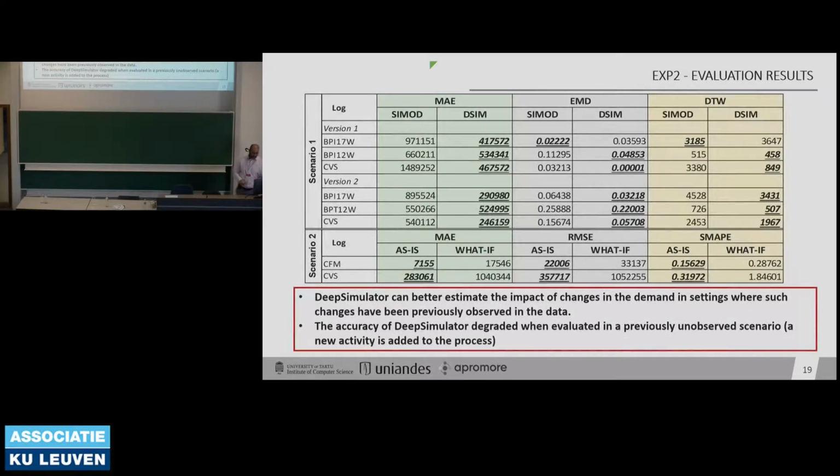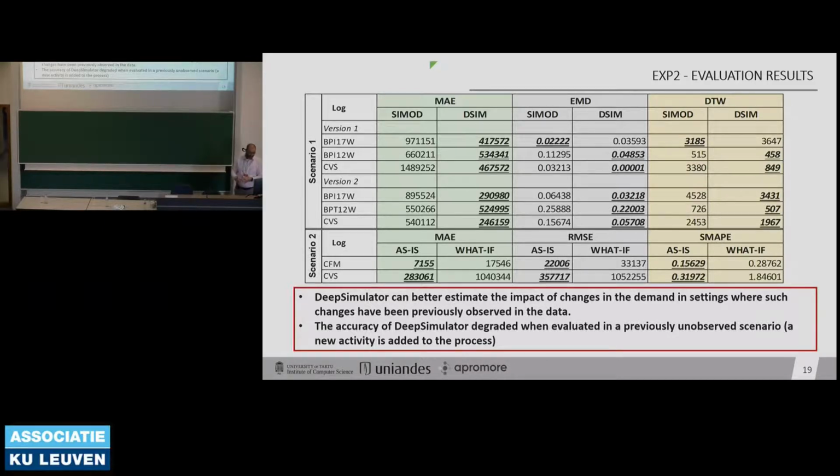In our results, in the first scenario, deep simulator was able to reproduce the arrival rate variations with great precision. It even surpasses the data-driven simulation approach in almost all the scenarios. So we can say that this approach is able to reproduce this kind of really complex what-if scenarios.